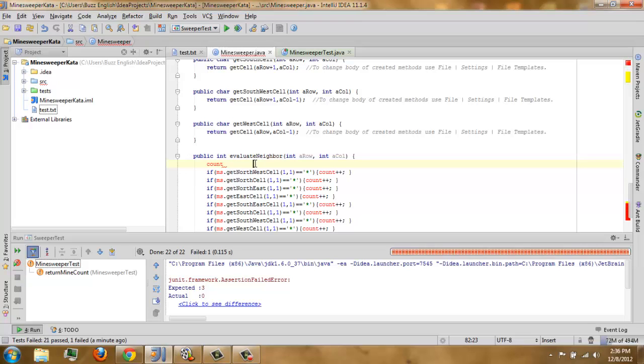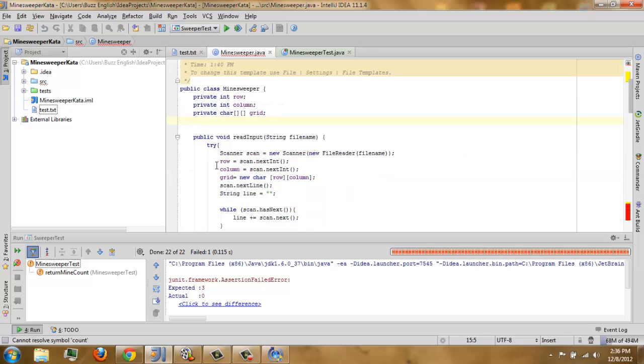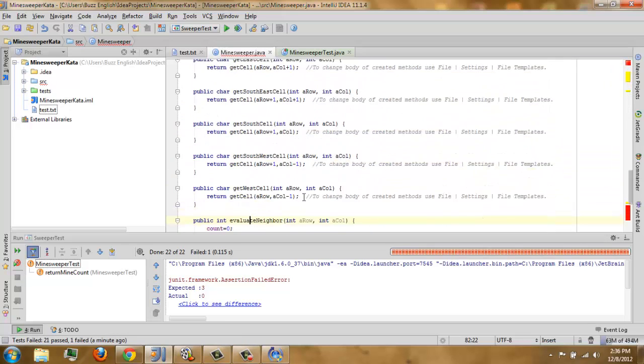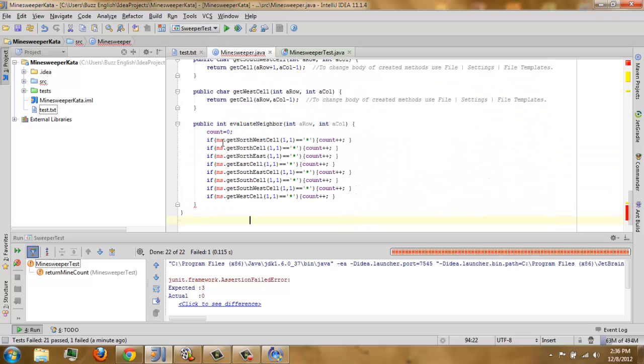Initialize our count. We have a red sign, meaning we haven't declared our count. So go back to our red sign. And just delete this.